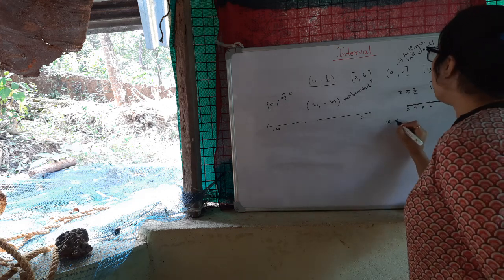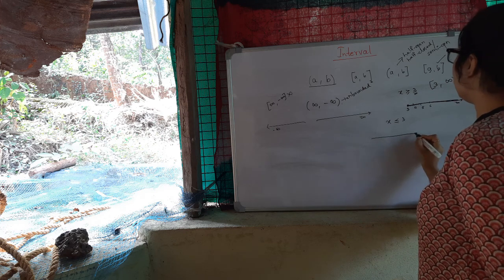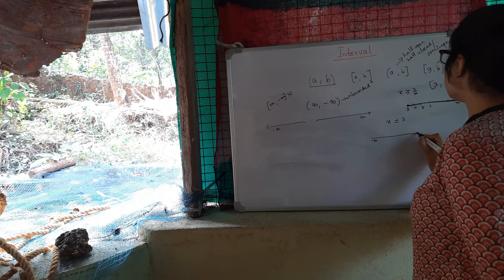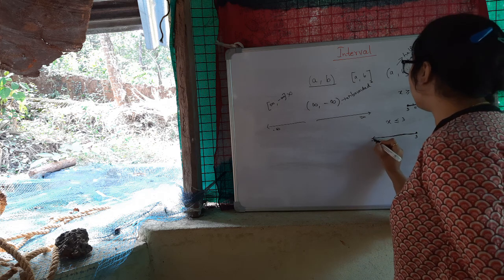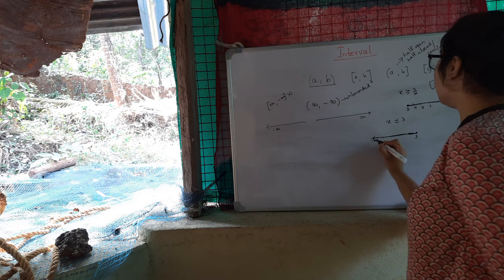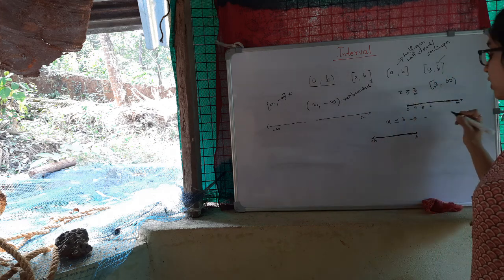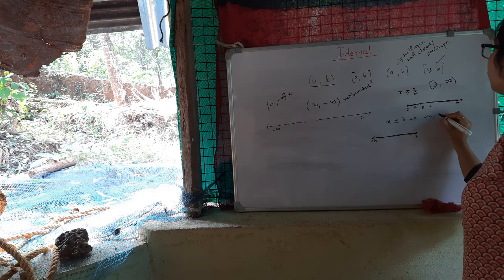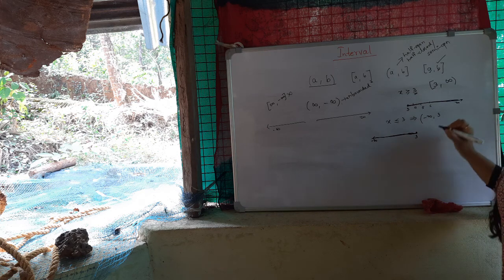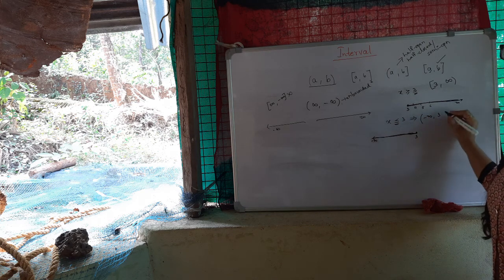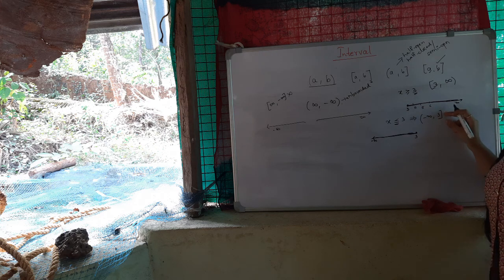If I consider x less than or equal to 3, what happens? It's from minus infinity, right? Here minus infinity, and this one will be your 3. So 3 will be included, and this is a thick line extending till minus infinity. This can be written in interval notation as minus infinity, 3. Since minus infinity is not a number, you have to use the open bracket, and 3 is equal, right? So this is the closed one. Since it is included, I can use the square bracket.